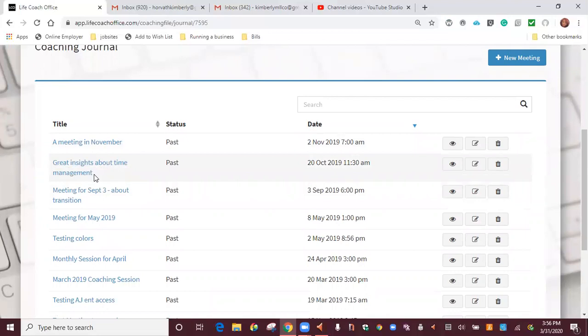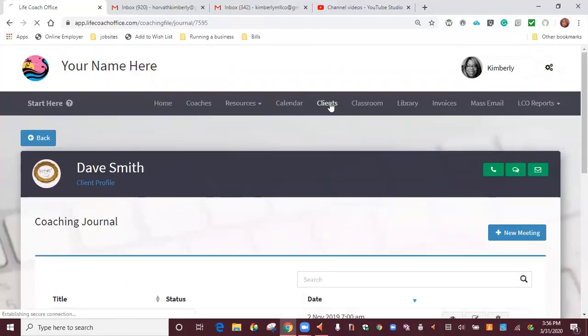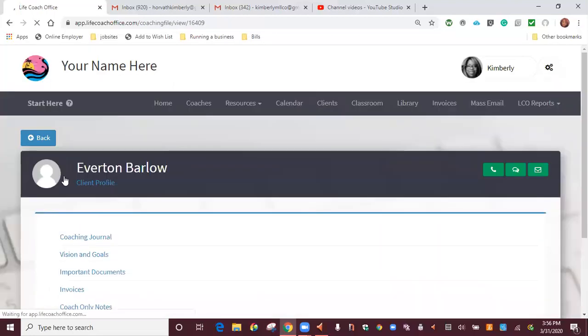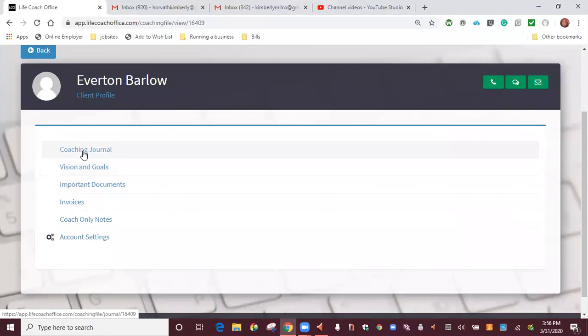Now remember, I know you saw that there were several people that received this because this was a group meeting. And that means that this title changes for all of those folks. So one of the folks was Everton. Let's go back to client Everton. You'll see what I mean. This is the reason why you have to be very careful about changes that you make, because it can affect everyone. Coaching journal,